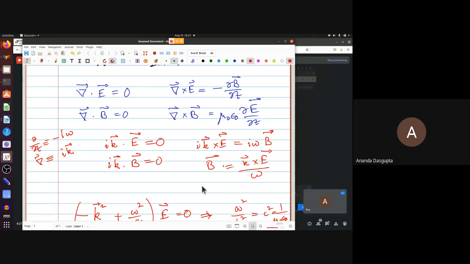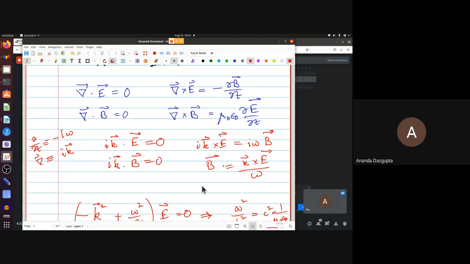In fact, it tells you a lot. It tells you what the magnitude of B is compared to the magnitude of E. It can allow you to compare the magnetic energy density with the electrical energy density and so on. All of this is standard stuff that you do whenever you study electromagnetic waves. But the answer to what you asked at the beginning is simply yes. Because Maxwell's equations are linear and real, you can actually use complex waves in place of real waves. Makes your life a lot easier. In fact, that's exactly what is used everywhere.